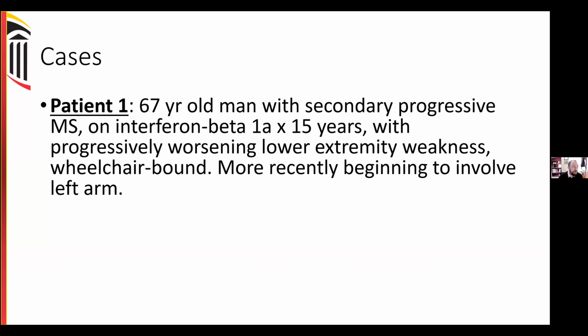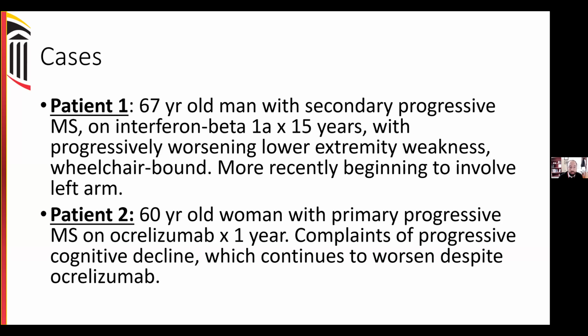Started to have weakness in the left arm. Another patient with a similar story, a 60-year-old woman with primary progressive multiple sclerosis who's on a treatment called ocrelizumab, which is the main treatment that we have for people with primary progressive MS. Also complaining of worsening symptoms, cognitive decline, which continues to get worse over time despite the use of this